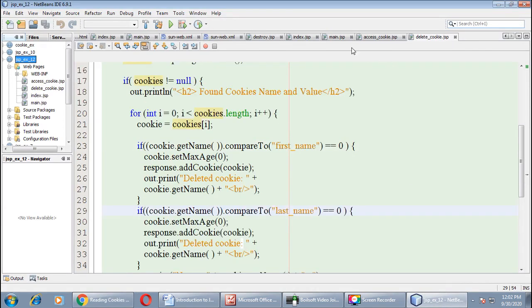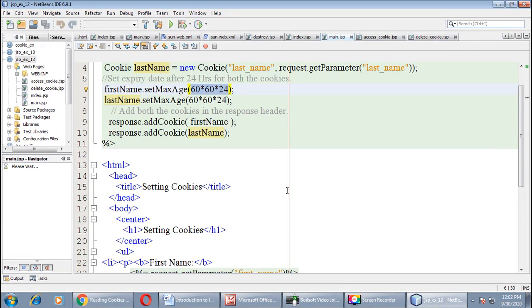Even you can set less time instead of 24 hours. You can do the calculation. If you want to keep this cookie alive for only 1 hour, you can do some changes accordingly. Here we can remove 24 and write 60 into 60, which equals 1 hour, right?